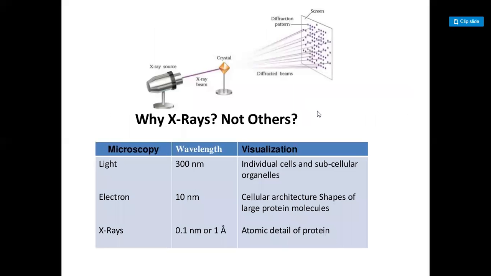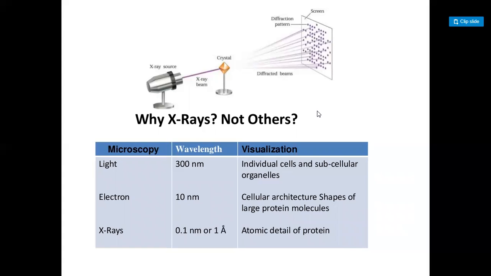Similarly, this is an X-ray source, in which the crystal is used to focus the X-ray beam. From that we see on the screen the diffraction pattern. The dots show the diffraction pattern. Similarly, the diffracted beam is caused by the crystal. How it will change is seen from the X-ray crystallographer.